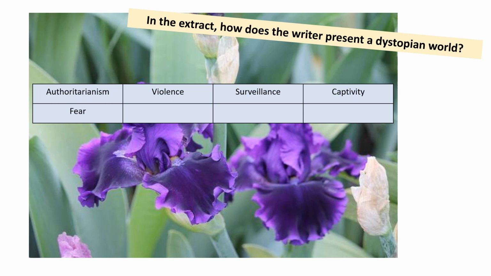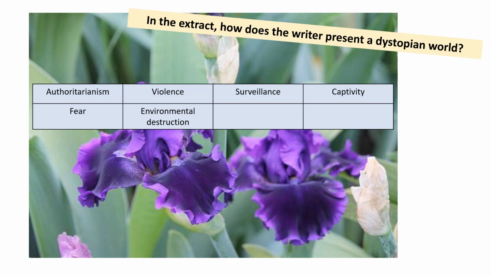The overriding emotion of a citizen living in a dystopia is fear. The authoritarian government makes people scared, so they will be obedient. A key idea in dystopian fiction is environmental destruction. All-pervasive technology, and the idea that your human rights and your human spirit is taken away from you, and we call that dehumanization. So that's just a recap of what you've learned in this unit.